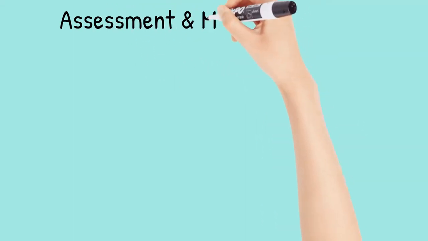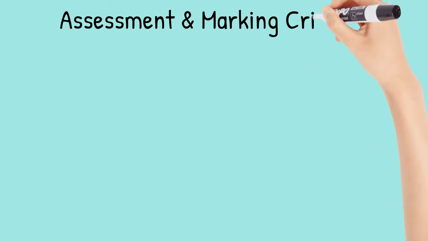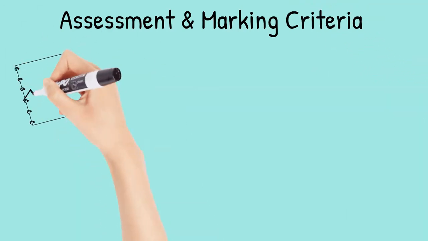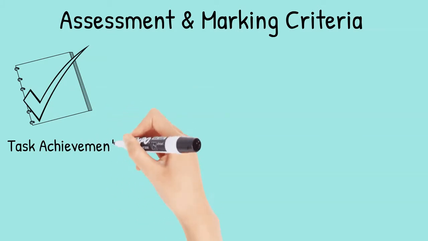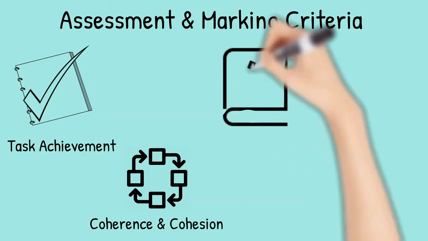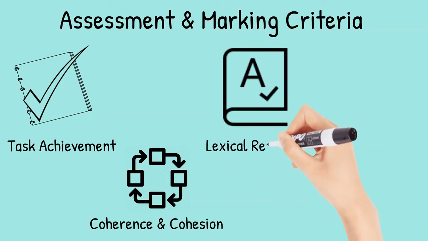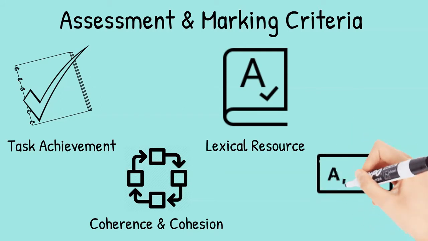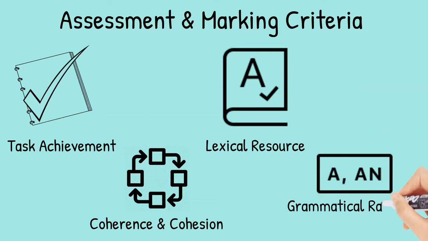As with all parts of the IELTS exam, Task 1 is marked according to 4 criteria. These are task achievement, which is an appropriate response to the task; coherence and cohesion, the ability to present a well-structured essay; lexical resource or vocabulary, which is the ability to use a range of appropriate vocabulary and to use it correctly; and finally, grammatical range and accuracy, which is the ability to use grammar correctly and to use a range of grammar forms. Each of these carries 25% of the marks. We'll be looking at marking criteria for lexical resource and grammatical range and accuracy in other videos that will be more closely associated with vocabulary and grammar.